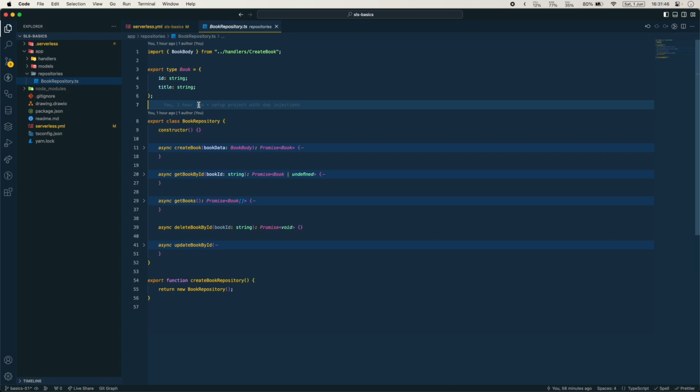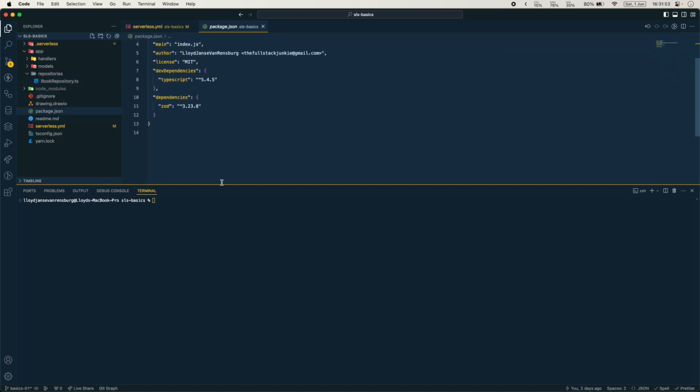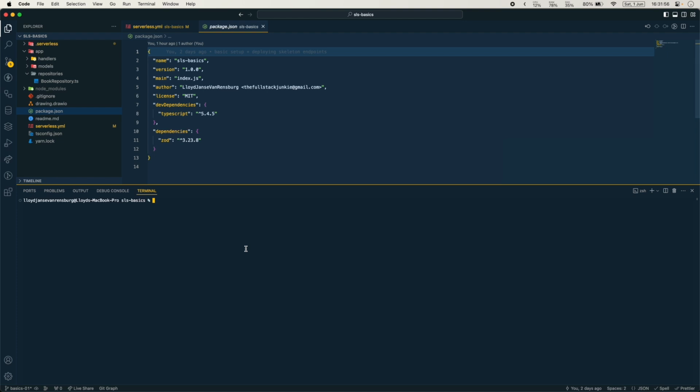Okay, so to get started with these AWS SDKs, we are going to need to install a few packages. Currently we only have Zod installed, so we are still pretty lightweight on the project dependencies. But now we're going to start using the AWS dependencies to talk to DynamoDB. So first, let's yarn add the client for DynamoDB. So it's the AWS SDK client